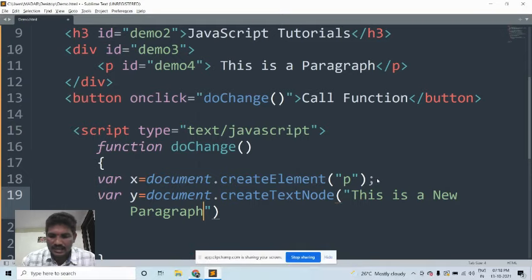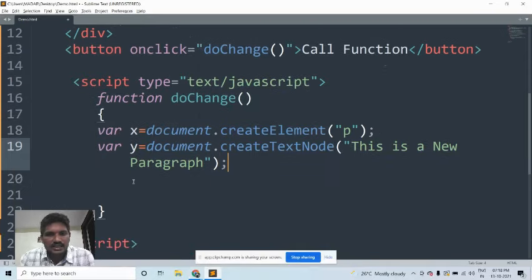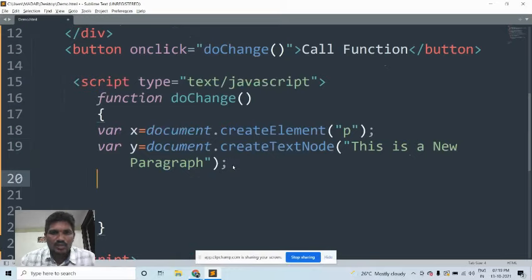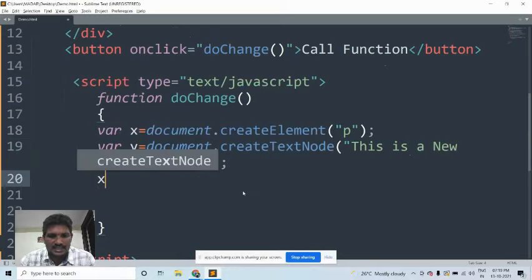See here, the content has been created. The element node has been created, and the text node has also been created. We can append the text node to the paragraph node. How is it possible? There is an appendChild method. With the help of the appendChild method, the text node is appended to the paragraph tag. The paragraph tag element is x.